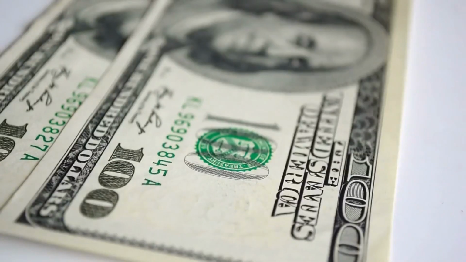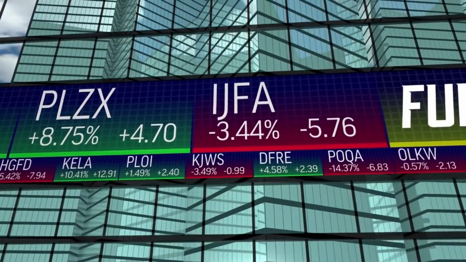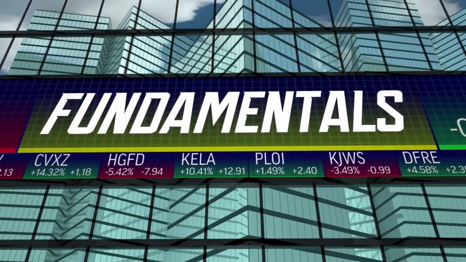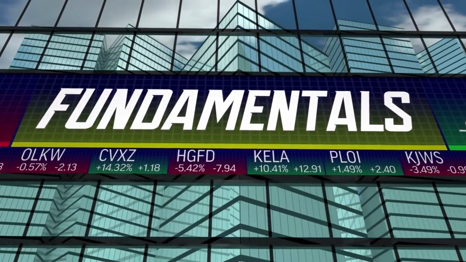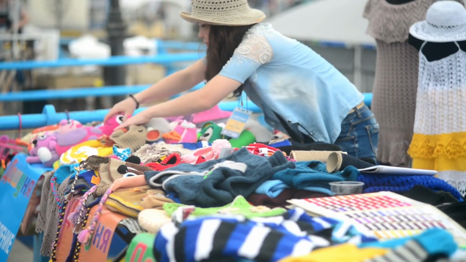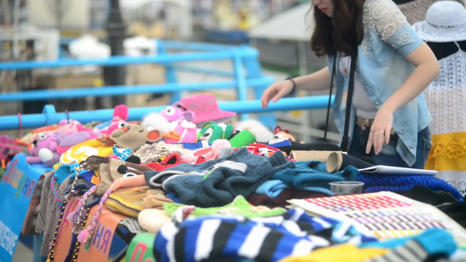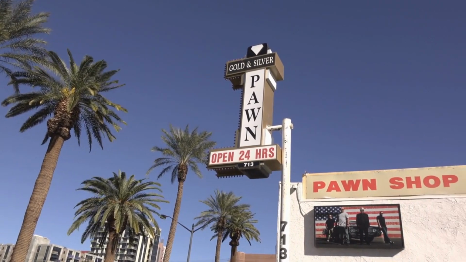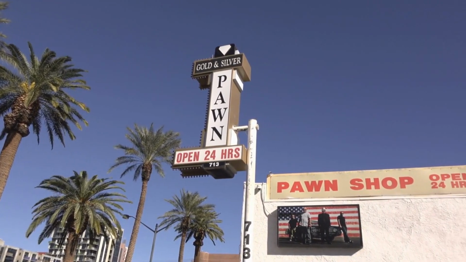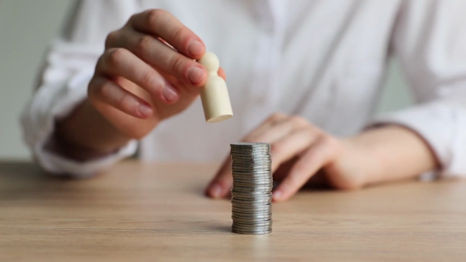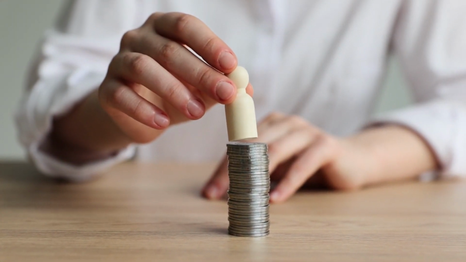How money works today. In contemporary society, money serves three fundamental functions. It acts as a medium of exchange, a unit of account, and a store of value. As a medium of exchange, money facilitates transactions by enabling individuals to buy and sell goods and services. It also serves as a unit of account, providing a common measure of value that allows us to compare the worth of different items. Moreover, money functions as a store of value, allowing individuals to save and invest their wealth